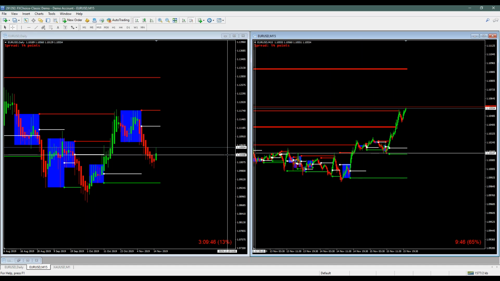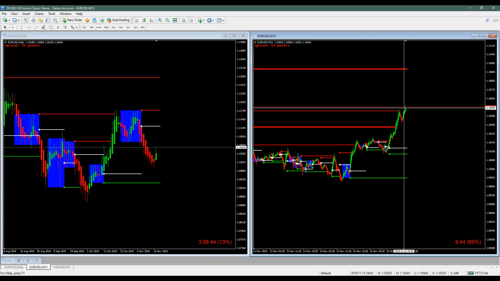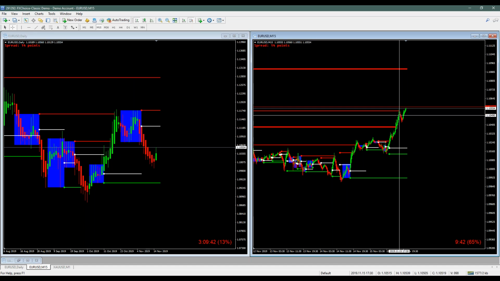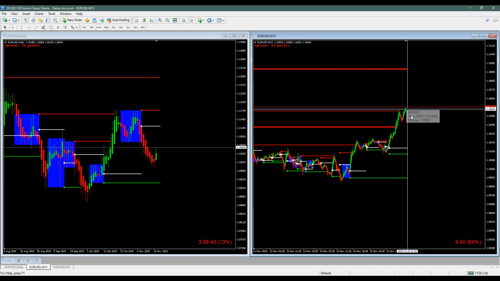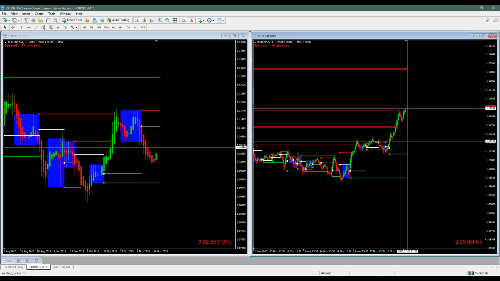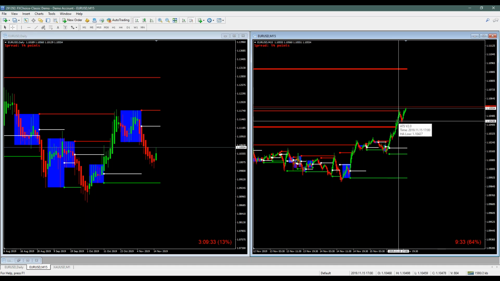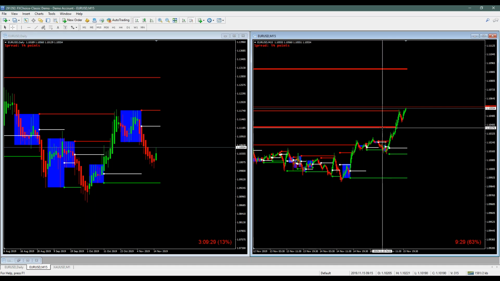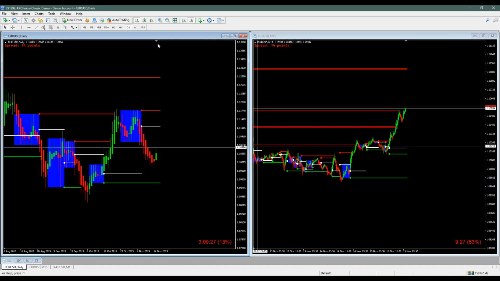I wouldn't just jump in saying, oh yeah, it's definitely going long. Right now we're extended. We came through these liquidity lines here. There's a good chance we could pull back. We could pull back all the way back to here if it wants. So you want to wait till you get some new architecture in the chart so you can base your reference point on. But anyway, yeah, definitely I would say long Euro USD, at least to this expansion level, which is,